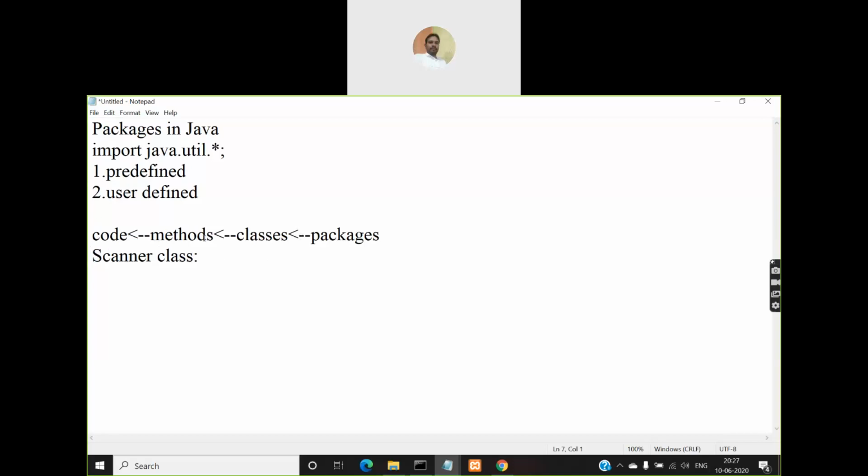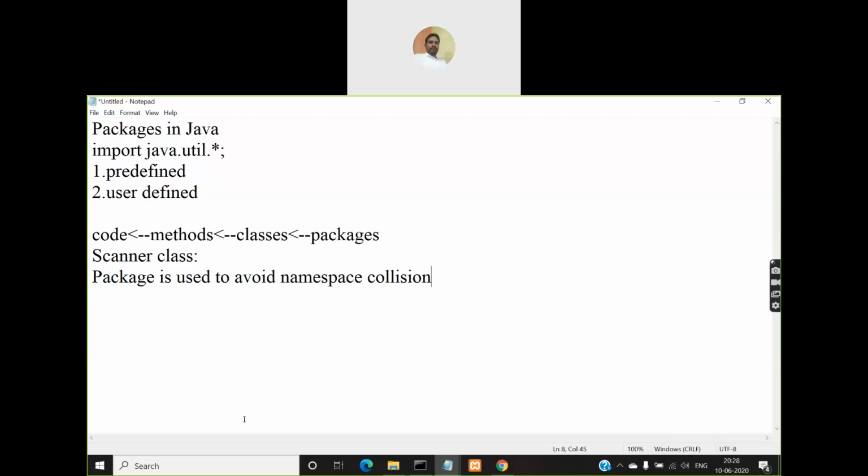So why do we need to put these classes inside packages? Can't we write programs in Java without using packages? We need a package to avoid something called namespace collision. Namespace collision. So what is this namespace collision? Package is used to avoid namespace collision.